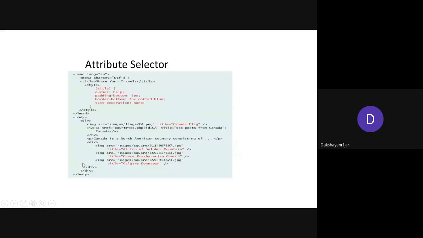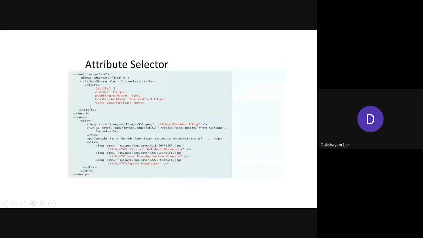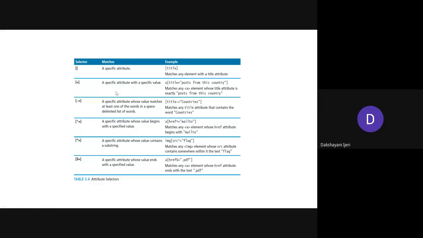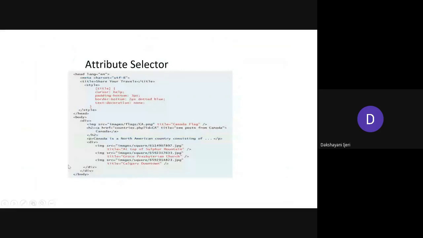So as you have done here, instead of title, you can here take it as a equal to, title equal to with this value here itself, or else title caret equal to, title star equal to, or else title dollar equal to. So whichever you wish to use, you can go for using it here while defining. So that is going to match against the specific attribute values within the elements.